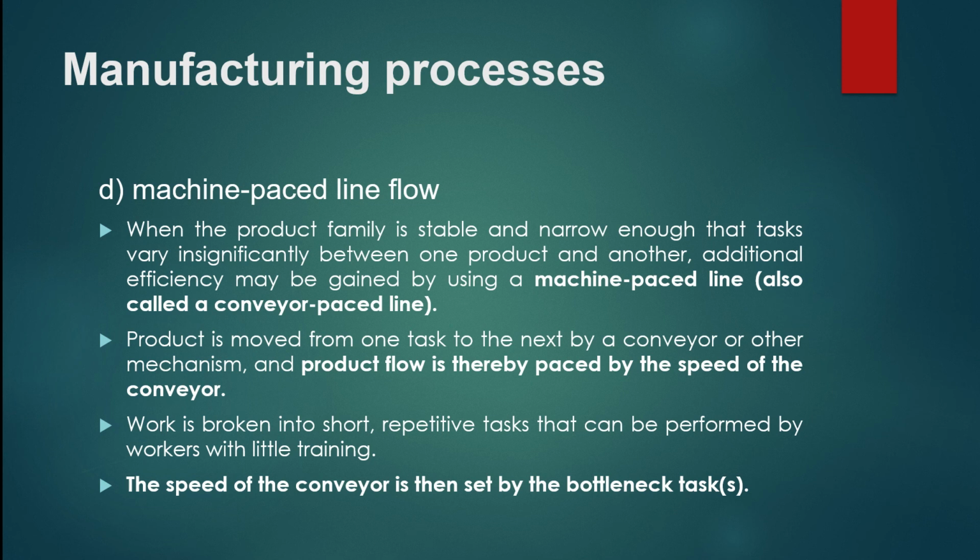Number 1, the process is of a clear, rigid pattern. Number 2, a specialized type of equipment is used. Number 3, the line flow layout is used. Number 4, capital equipment is a bigger cost item than labor. Number 5, the operation is large. And number 6, the process is machine pace. Examples of machine pace assembly lines are automobile manufacturers like General Motors and Ford Motors.